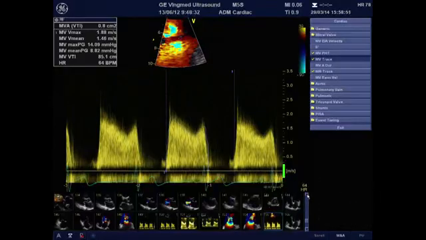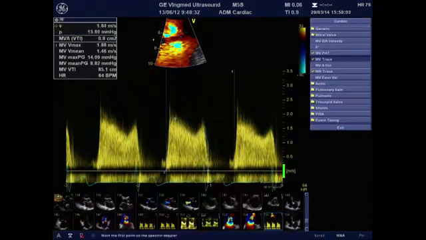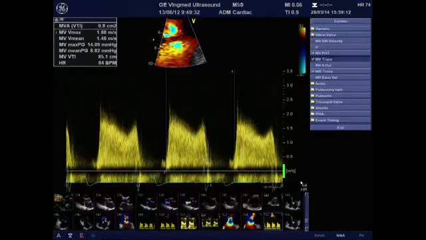As a second line, you will have the measuring of the peak and the mean gradient, but you have to know that they are also very dependent on the heart rate, and also very dependent on the flow. So in patients who have atrial tachycardia or rapid heart rates, the gradient will actually be higher. It will overestimate the mitral valve stenosis severity. So in this case, you have to note in your protocol the heart rate at which the exam was made, and also remember to take the patient again for a second scanning when the heart rate is lower than